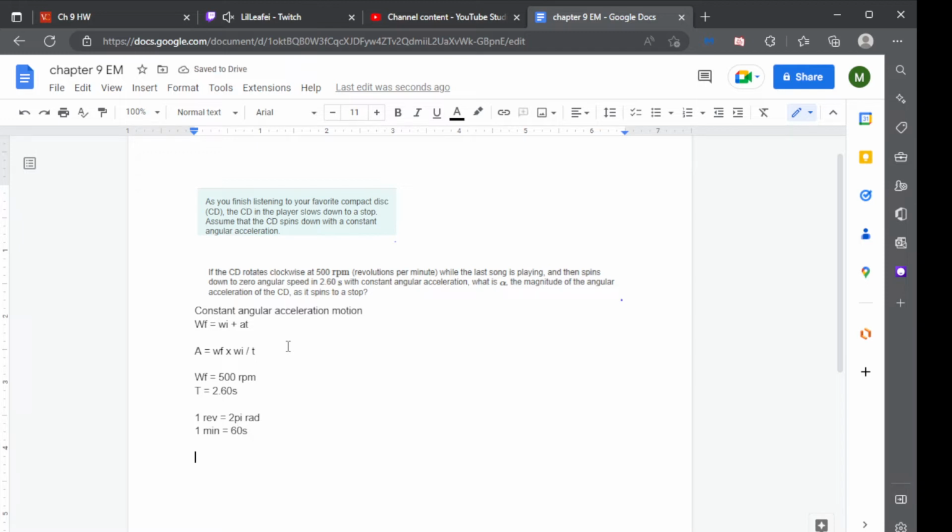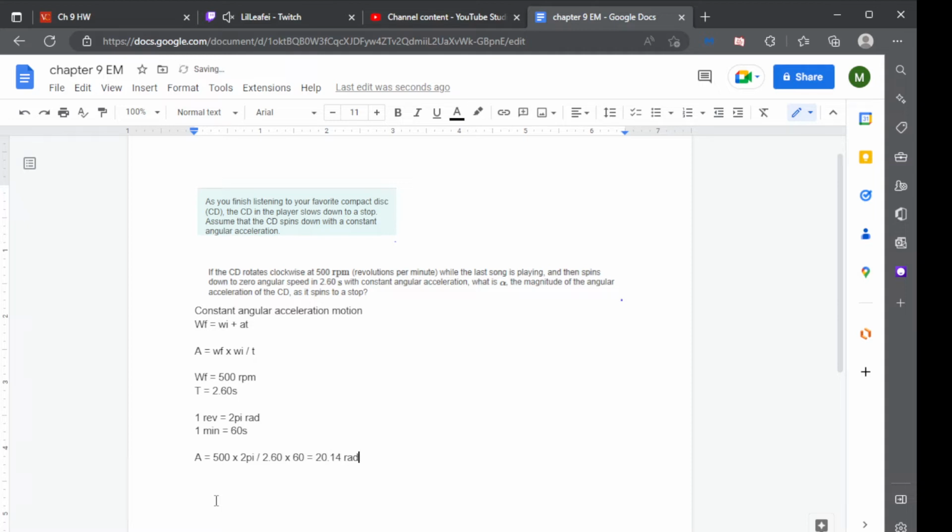So we will use 60 seconds, because this is talking about seconds, to get seconds squared, and then we're looking for radians, and 2 pi will represent radians for W initial. So we get 500 times 2 pi over 2.60 seconds times 60 seconds equals